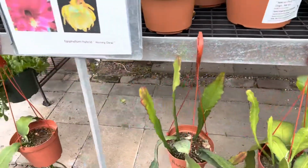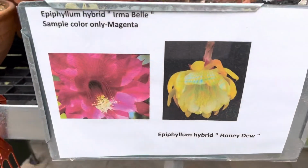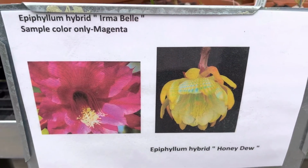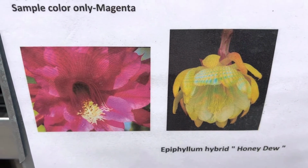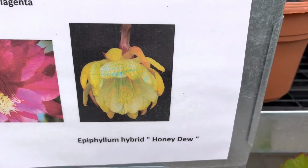Let me show you some of the other blooms we have here. We took pictures of this. This one is Epiphyllum hybrid Irma Bell. It has a pretty bright pink, reddish fuchsia color. And of course, this is the honeydew